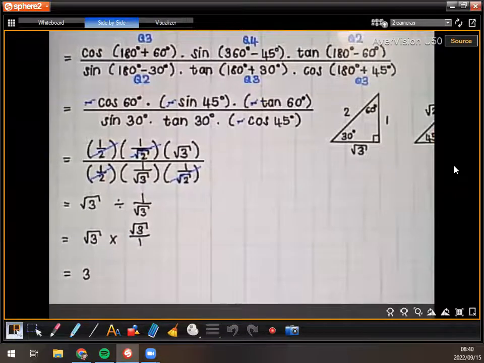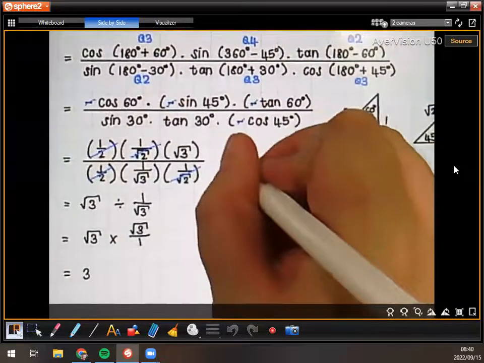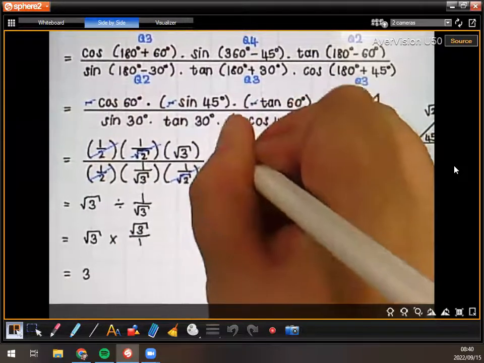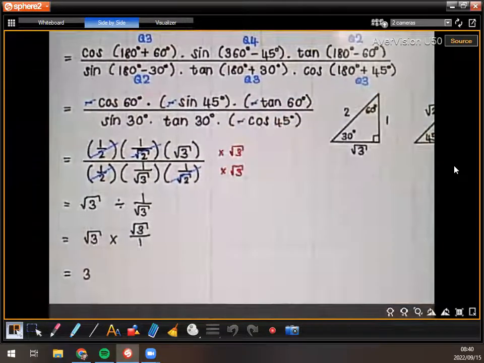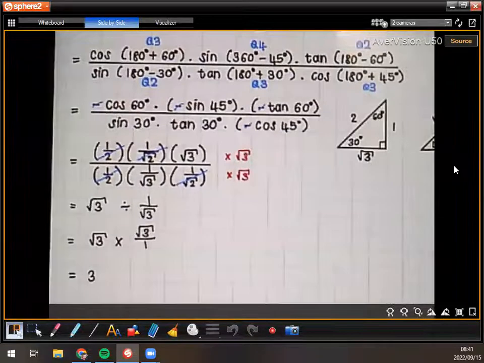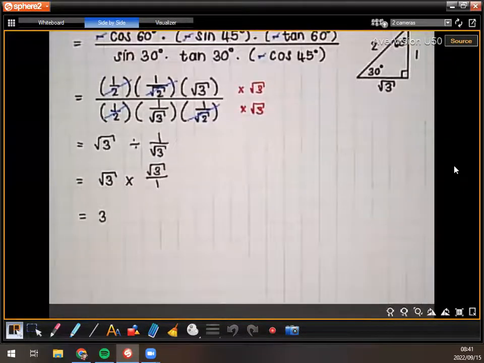Yes, as a compound fraction. Yeah, you can, but then just write it there on the side. So then do times root 3 and times root 3. Perfectly settled for you. Okay, any other questions? All right, we're quickly going to do one where we have to rely on co-ratios very